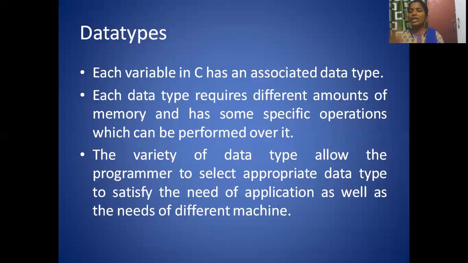According to the need of the application, you can select your data type, as well as the needs of different machines, because different machines have different sizes for each data type.